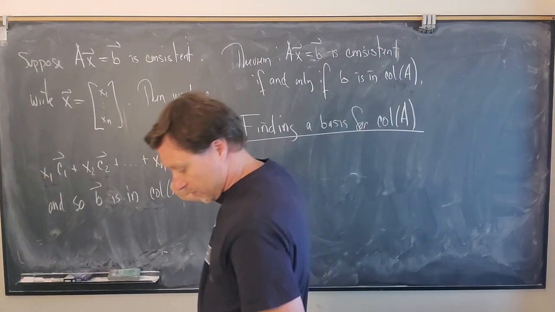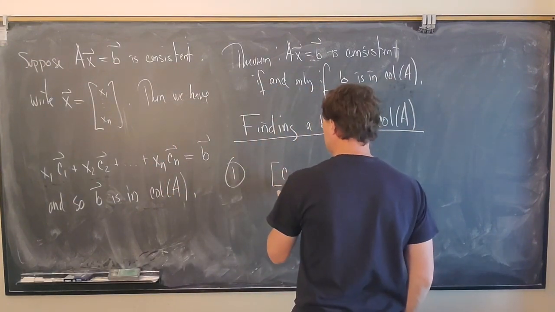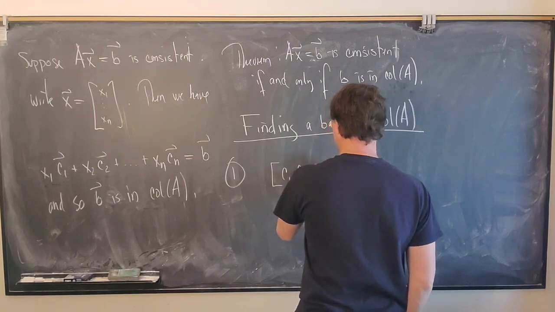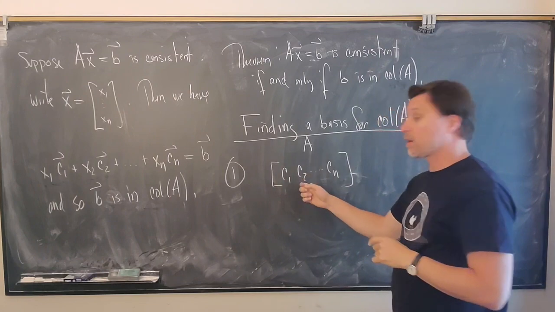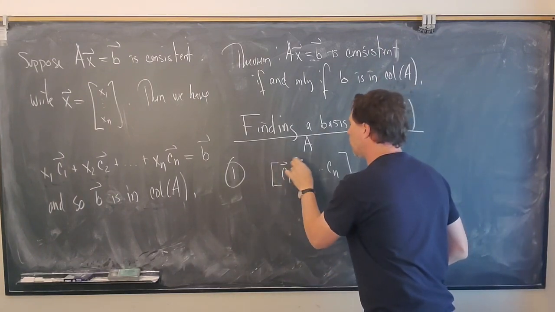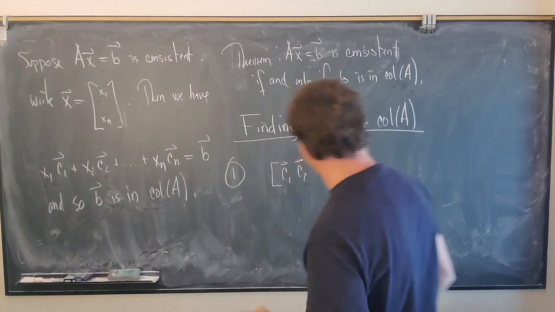So we start off, so we've got our matrix A, and I want to express it in terms of columns. So we've got C1, C2, dot, dot, dot, Cn. So here's my matrix A written column by column. Column 1, column 2, all the way down to column N. Now what we're going to do is